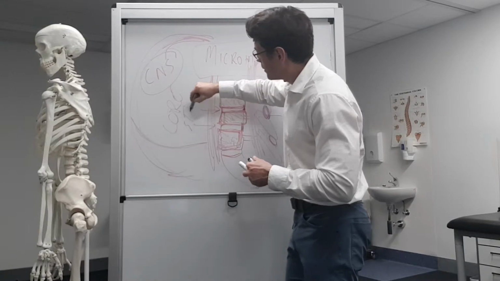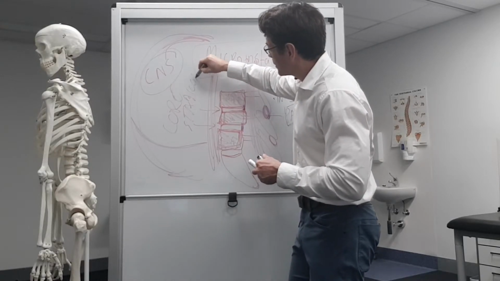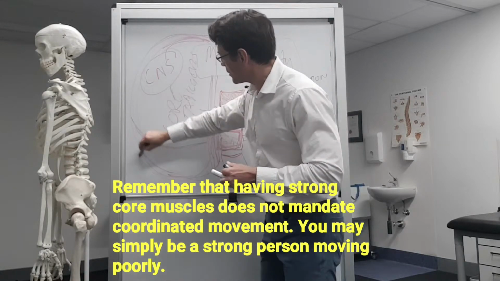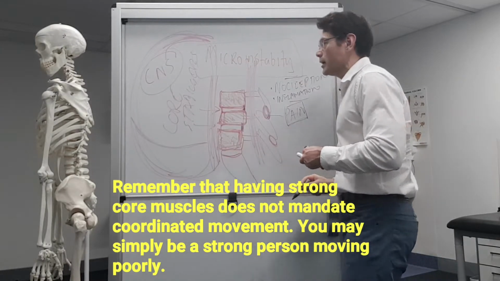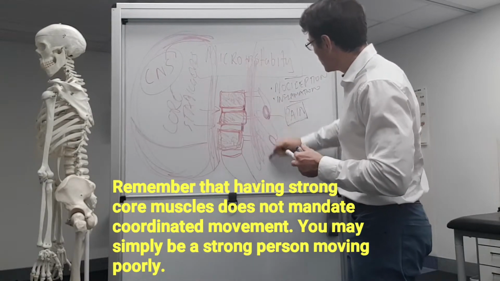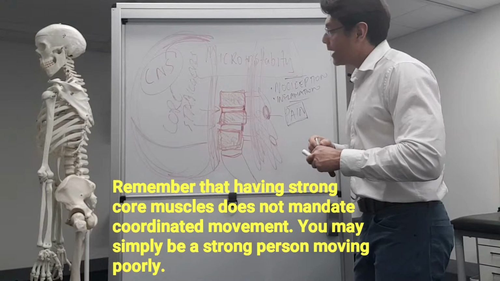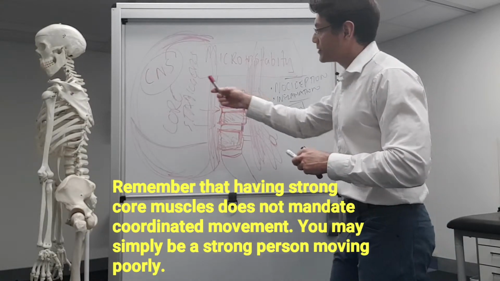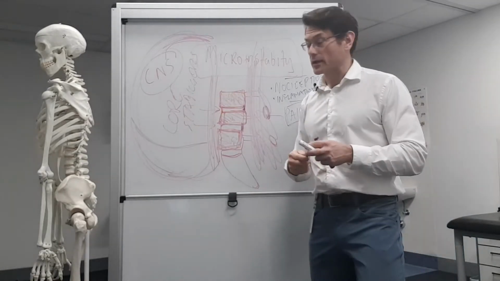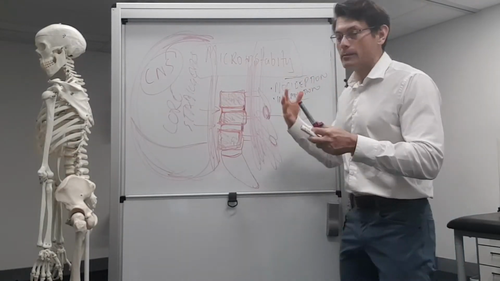They make up our core stabilizers, okay, and that's like a big air balloon. Think about a big air balloon in front of your spine that's keeping it stable, and then of course we have all the muscles at the back of our spine that's keeping it stable as well. And if we have a central nervous system that is coordinated at controlling those muscles, then when we move our